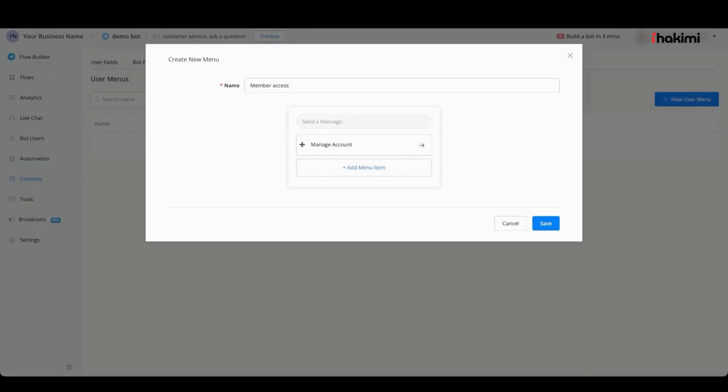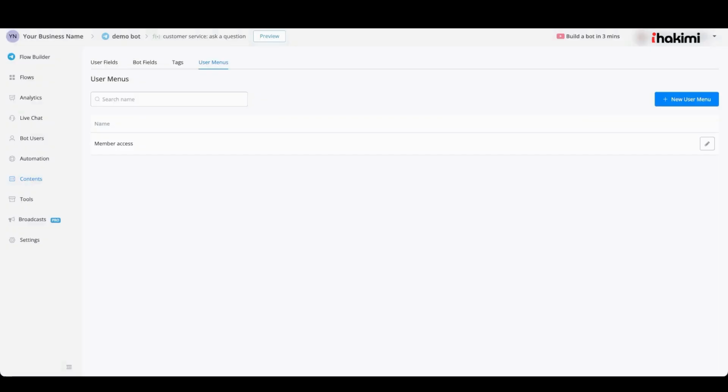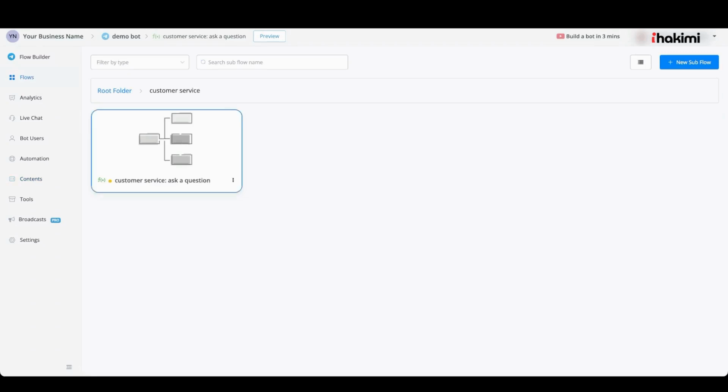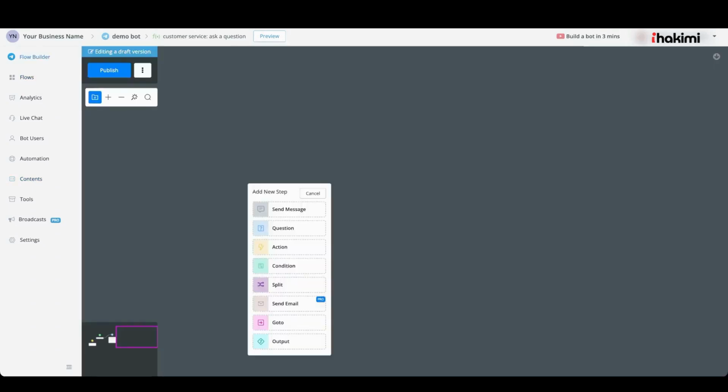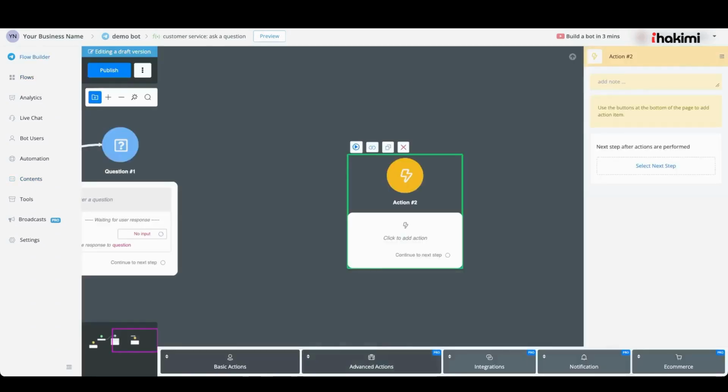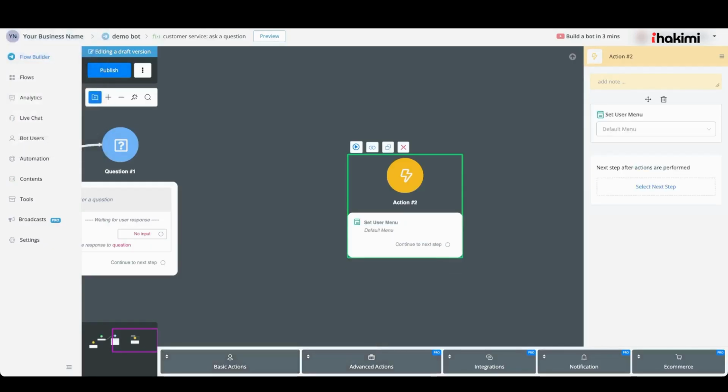Once you created your menu, just press save, and your user specific menu has now been saved in the overview. To add this menu towards your user, you can go to any kind of flow you like to. You can just create a new action block. You can go to advanced options, set user menu, and from here you will be able to select the menu